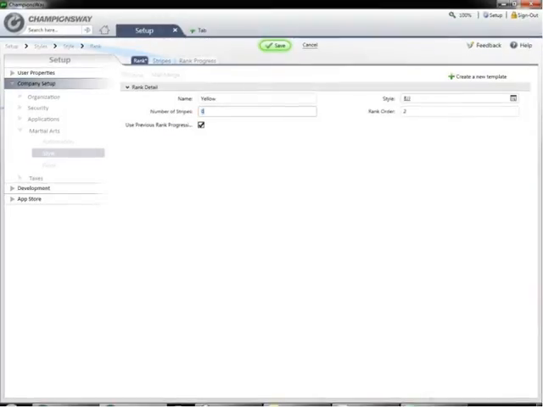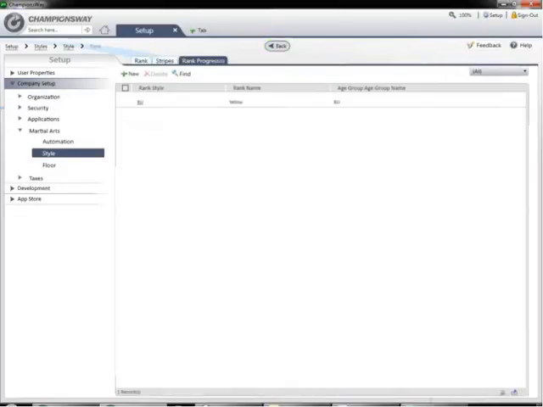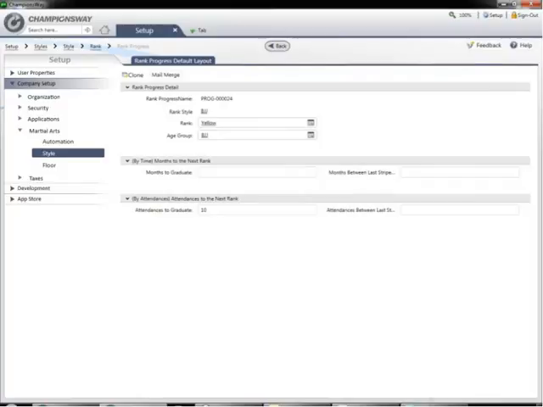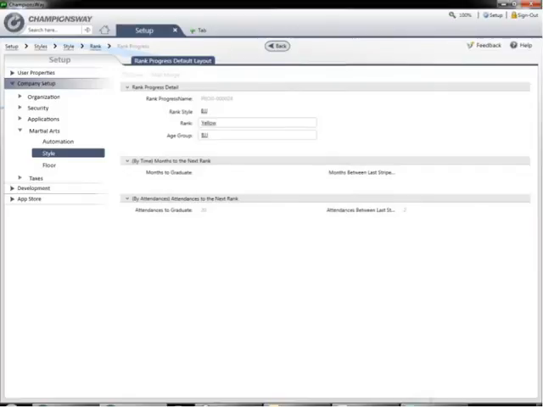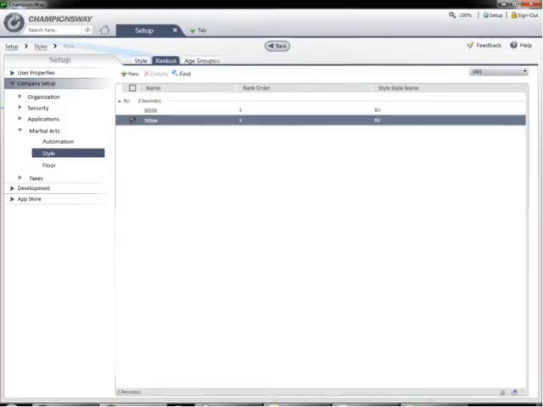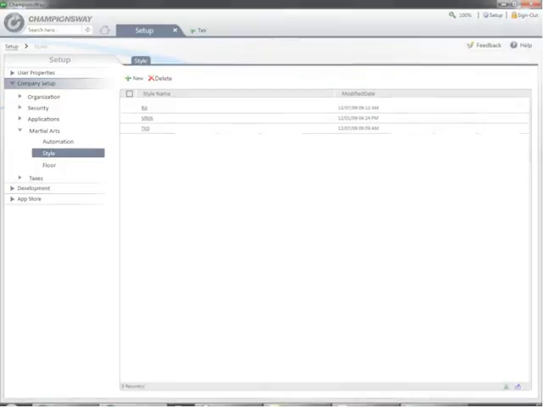So number of stripes is 4, rank order is 2. So if you don't use stripes, you can just 0 it out just like that, and you'll see it won't create any stripes for this rank. But I do still need to go into the rank progress and say how many attendances are required, and how many between the last stripe and the exam. So you can add as many ranks